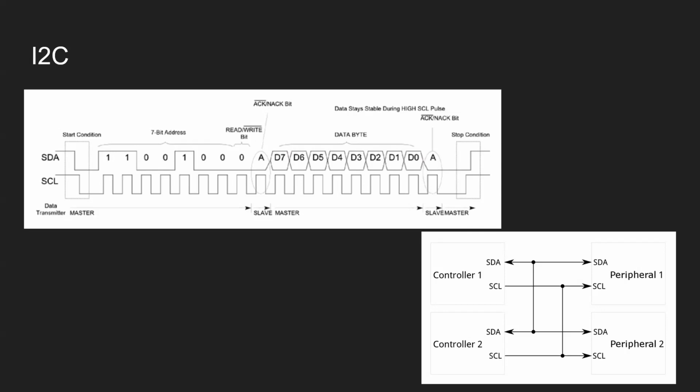What this means is it is a lot simpler from the hardware side, but it's much less efficient, and it's more prone to errors from the data communication side. So in theory, you can fit as many of them as you want on the same wiring, but it'll be dependent on how many addresses you have and the ability of your controller and peripherals to send